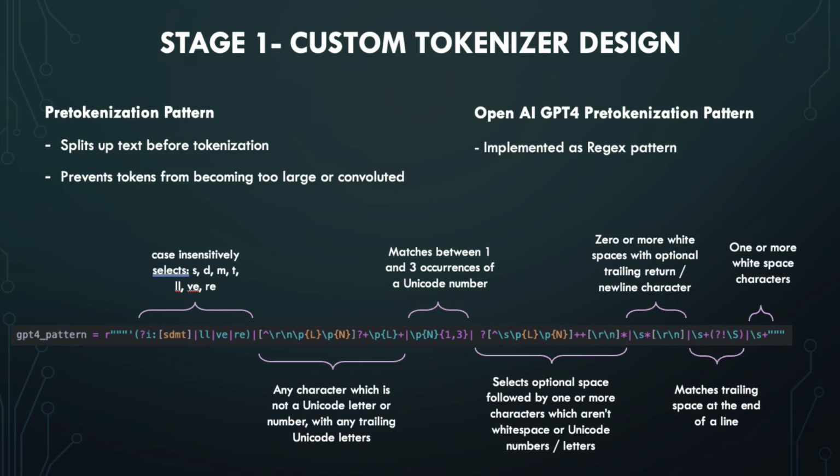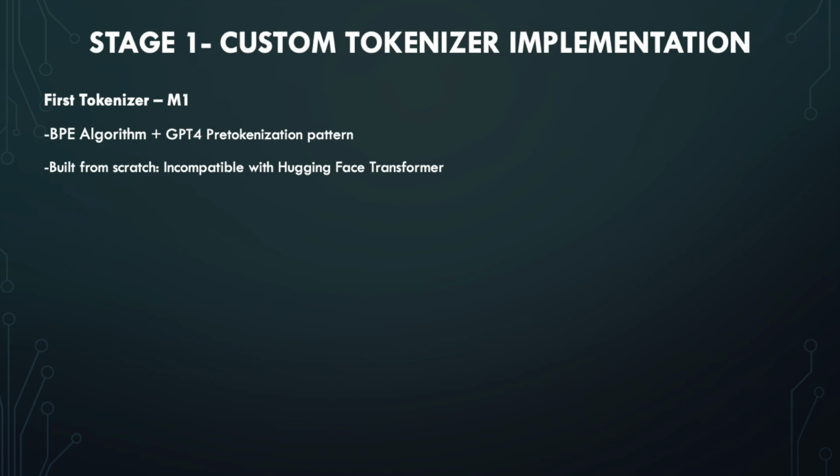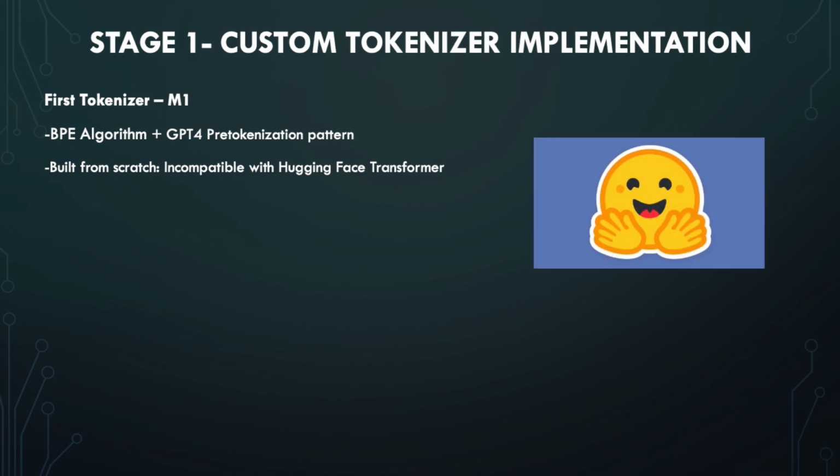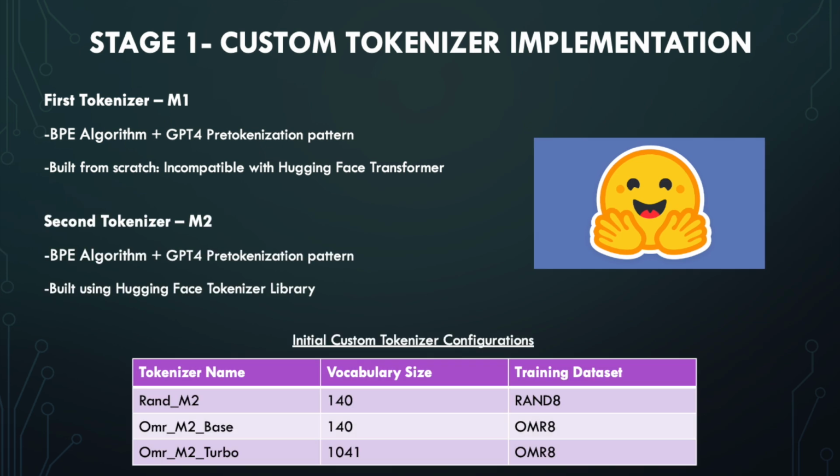LDR files are a type of code, the majority of which is numerical data. This prompted the decision to use OpenAI's GPT-4 pre-tokenization pattern, as it's considered to be a significant factor in ChatGPT-4's more advanced capabilities for interpreting code and numerical values. An initial tokenizer named M1 was built from scratch in Python using these features. Unfortunately, this tokenizer was unable to be tested due to our model's transformer requiring a tokenizer implemented with the Hugging Face tokenizer library. This led to the creation of M2, a Hugging Face tokenizer with the exact same behavior as